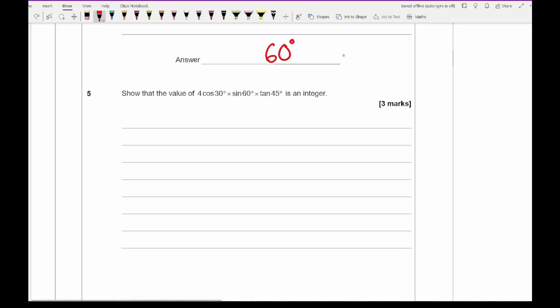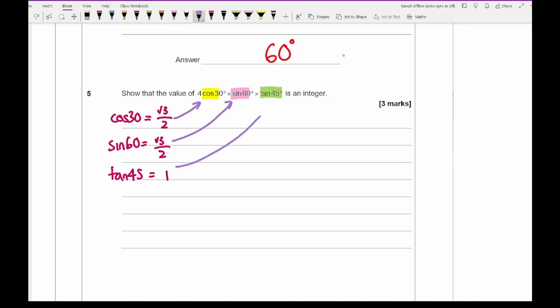So first things first, let's start by working out these values. So cos 30 is equal to root 3 over 2. We've got sine 60, which is equal to root 3 over 2 also. And we've got tan 45, which is equal to 1. So then substituting these three things into this equation, so I've got that there, this there, and that there,